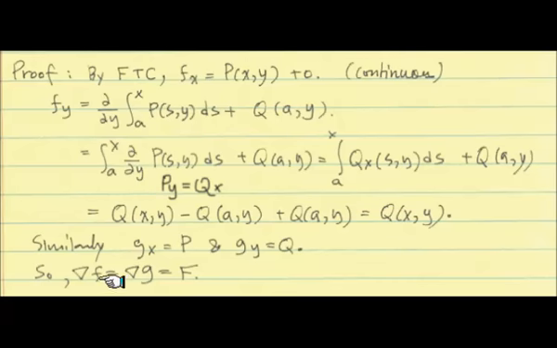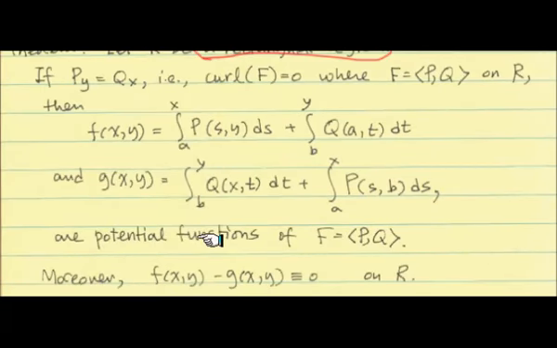From there, we prove that these both partials are the same, P and Q. So f_x is P and g_x is P, and f_y and g_y, they're both Q. So these two have the same partial derivatives. So this is a statement again. If I define it like this, we have the same partials, but they're not necessarily the same function. We have the same partials, and it turns out they're exactly the same function.